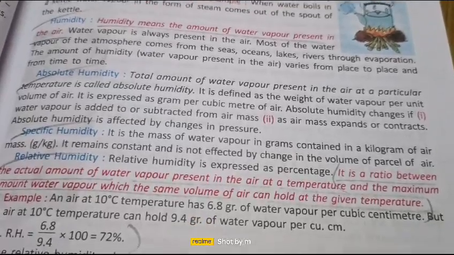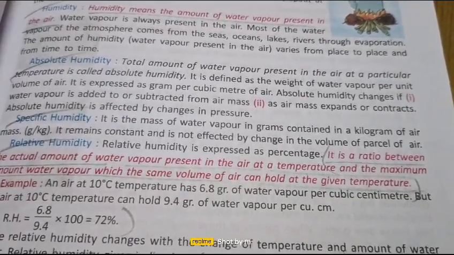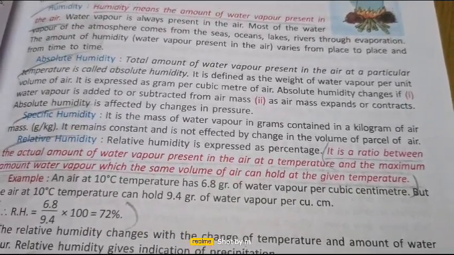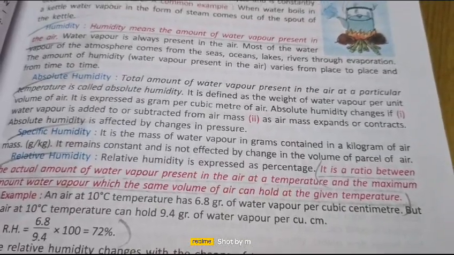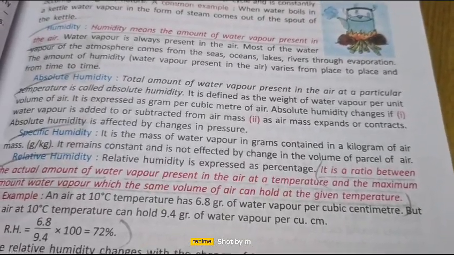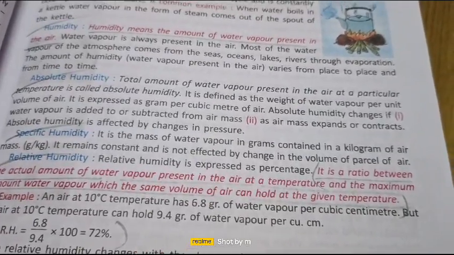What is specific humidity? It is the mass of water vapor in grams contained in a kilogram of air. It remains constant and is not affected by change of the volume of the parcel of air. Relative humidity